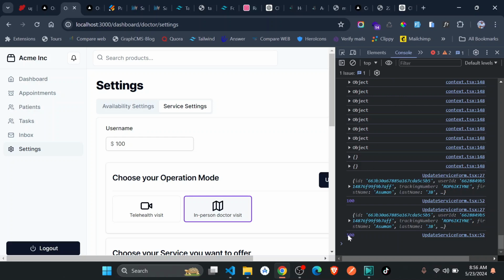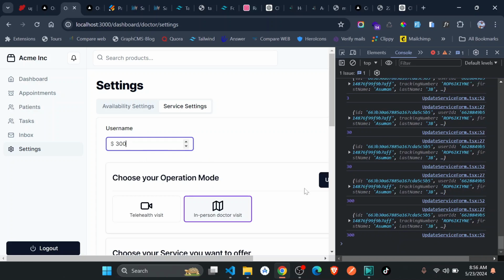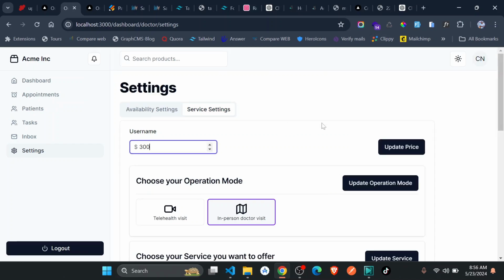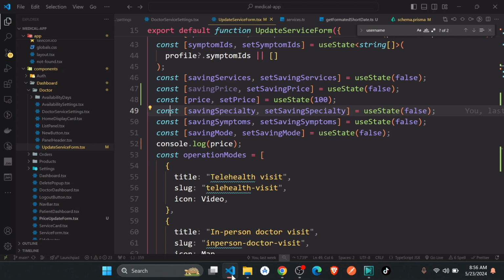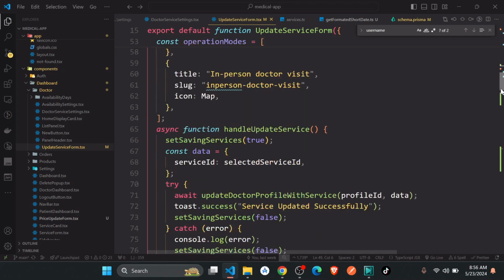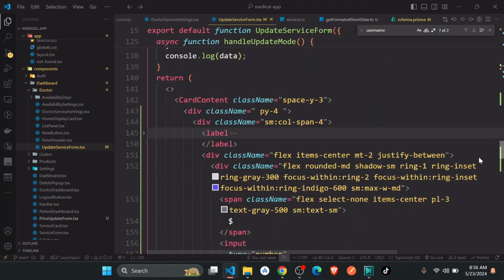Okay, so price is 100. Let me just make it 300. So you can see now it is 300. So we have that working properly. Okay. So the next thing we have to do is